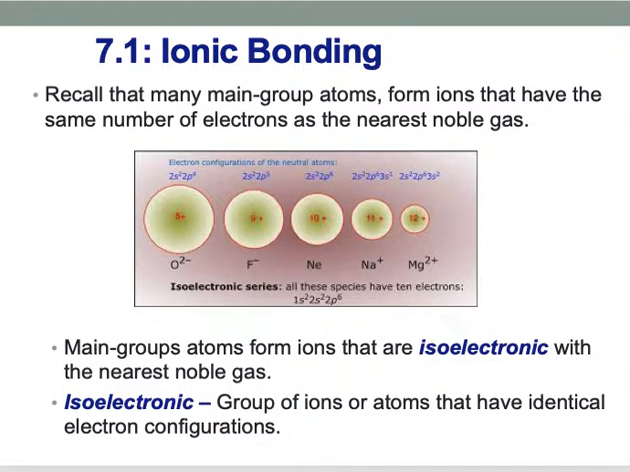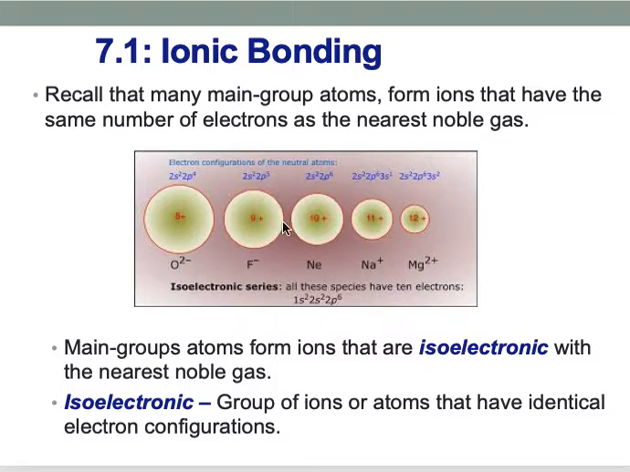Okay, so let's talk ionic bonding. When we have main group elements, they are going to form ions so that they have the same number of electrons as the nearest noble gas. And sometimes that means going back to the previous noble gas, like for sodium. Sodium would lose one electron to become like neon, whereas fluorine would gain one electron to become like